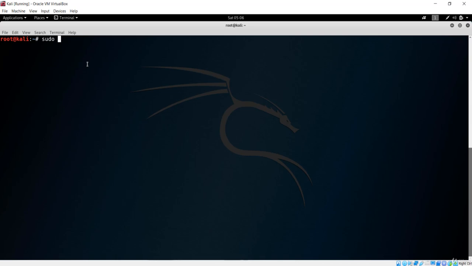But in the case of Kali Linux, you don't have to do this because we are initially with root privilege. We are basically using root, which means we don't have to use sudo. We are executing every command with root privilege, which is administrative or super user privilege. It deals with all aspects of the system, either in Ubuntu or Kali Linux. In the case of Ubuntu, you have to use the sudo command to install any application on your system.